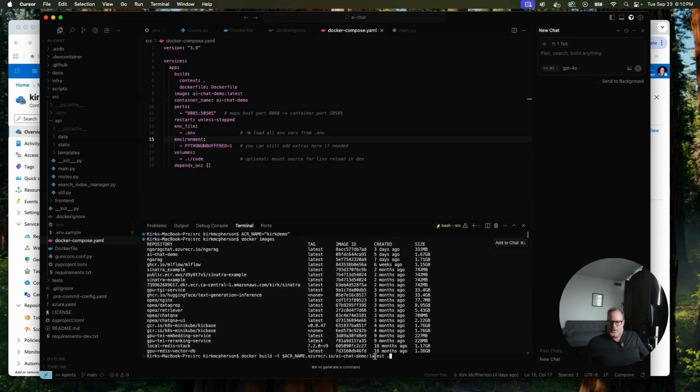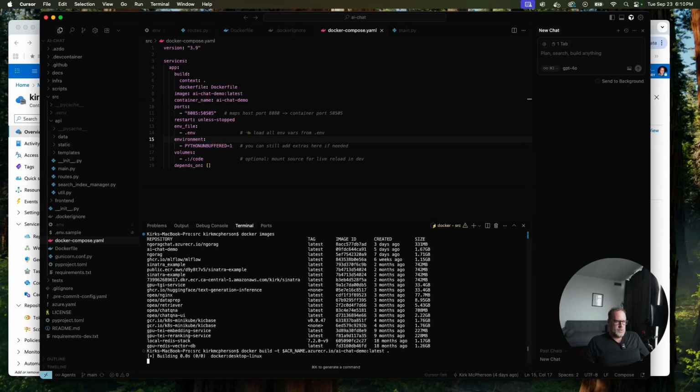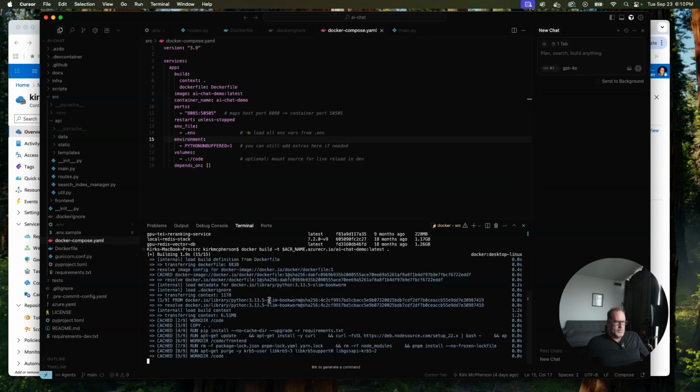Now, when we start going into CI/CD pipelines, we're going to have to change this from latest, because right now it's always going to be overriding it in the container registry, which is something that, of course, we don't want. We don't want to have versions, but for now, we'll just do latest. So this is going to build it again,